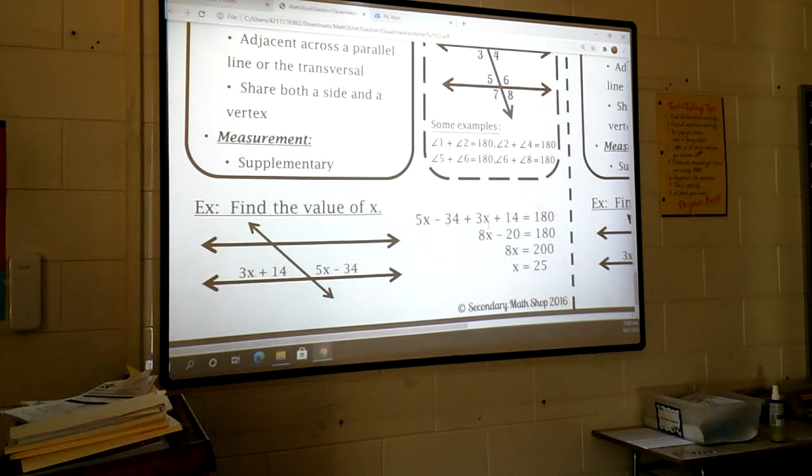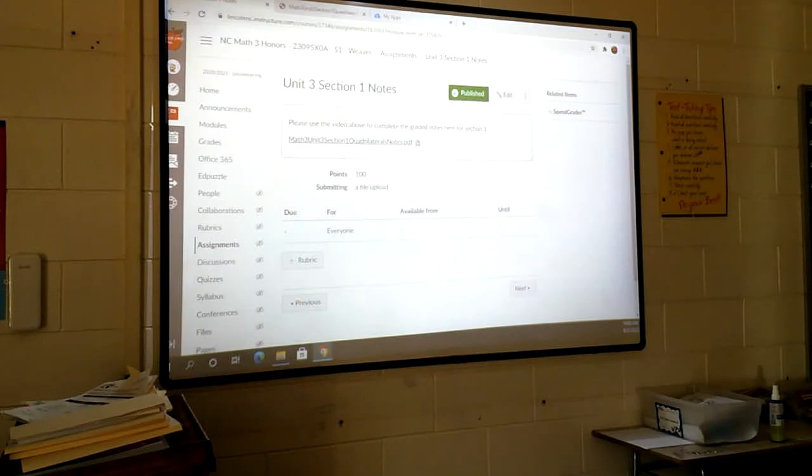So the only thing that I see students miss some points on is they accidentally set them equal when they should be added up to 180, or they accidentally add them up to 180 when they should be equal. So you've just got to make sure what type of angle you're dealing with to decide whether it's going to be supplementary or congruent. So for today, you're going to look at first, and then you're going to look at